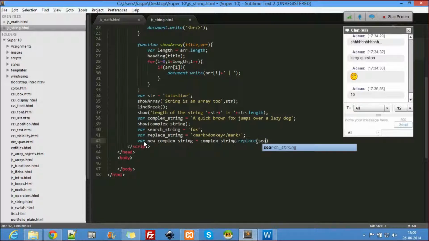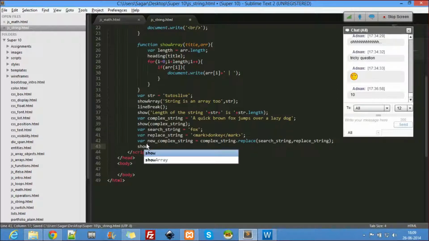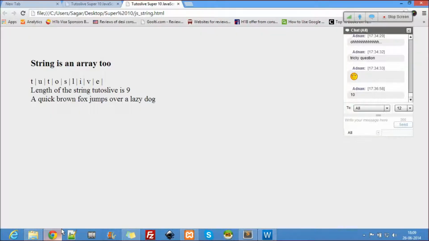What should I replace? I have to replace the search string and then replace it with this. So show newComplexString. Now fox will be replaced by yellow donkey. So it looks for fox and replaced it with a donkey.